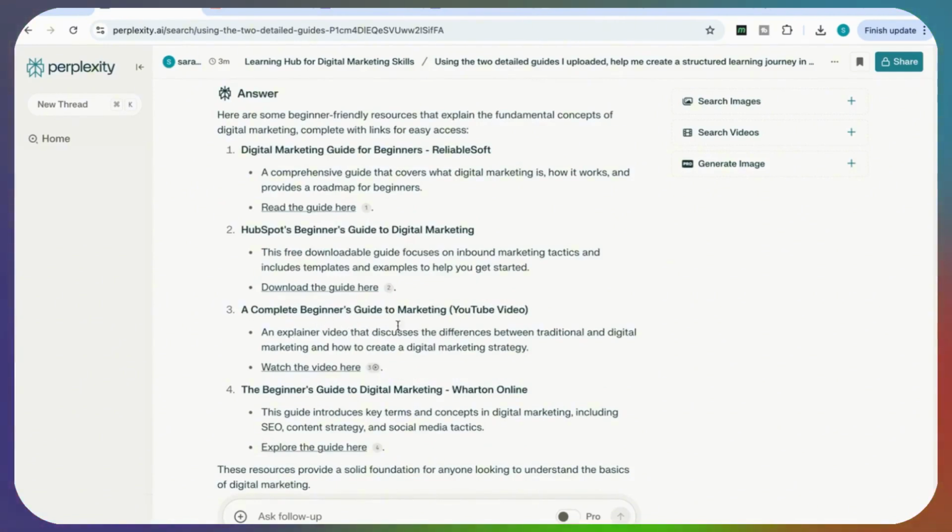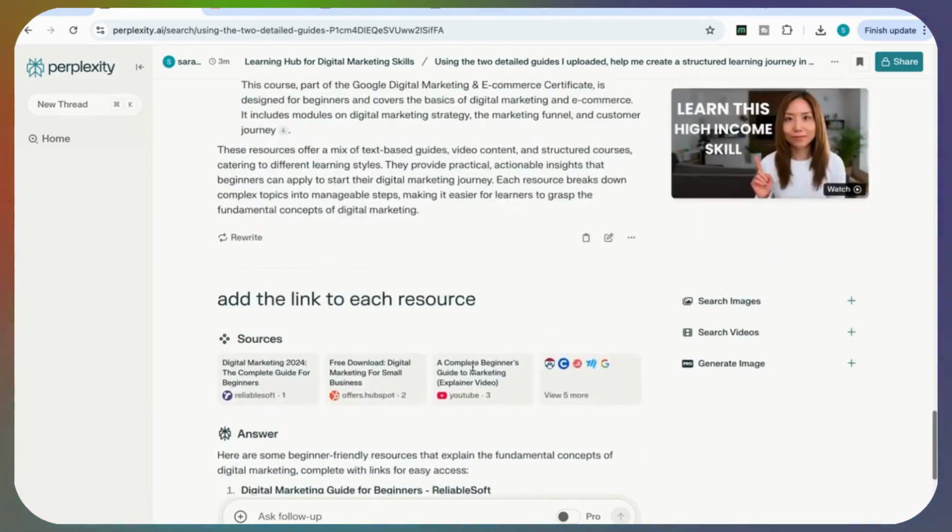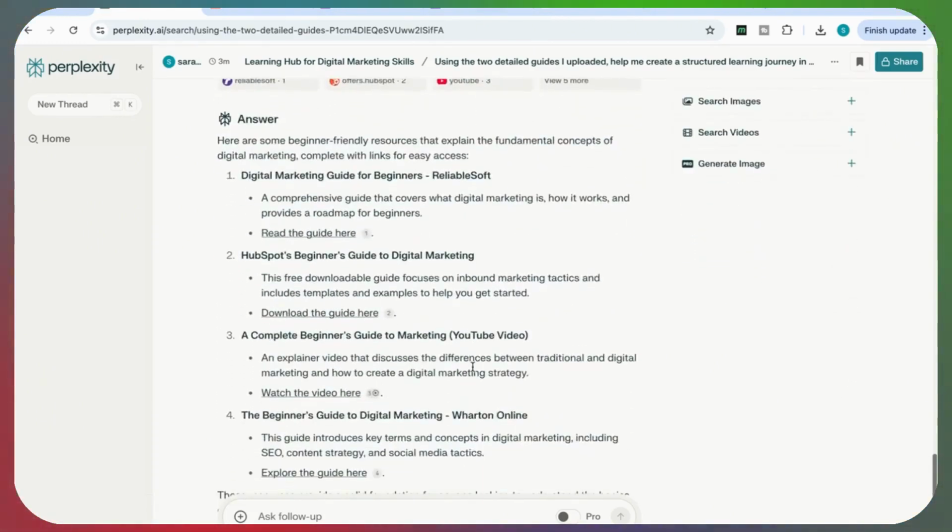So it's got the complete beginner's guide to marketing, which is the YouTube video, and so on. And so this is now beginning to compile the resources that I can use in my Learning Hub project. And I can keep on adding